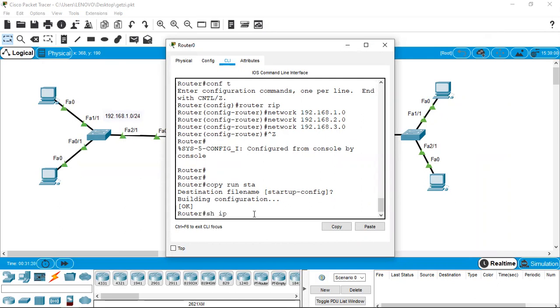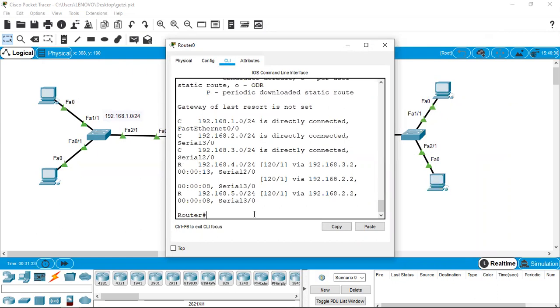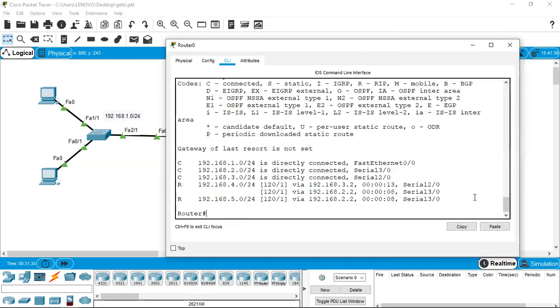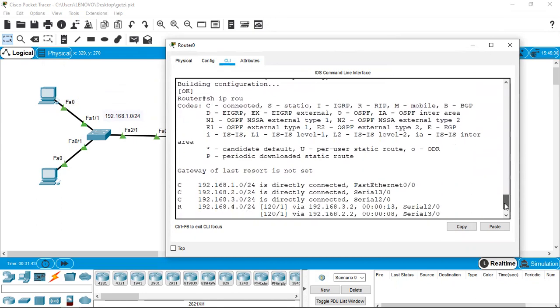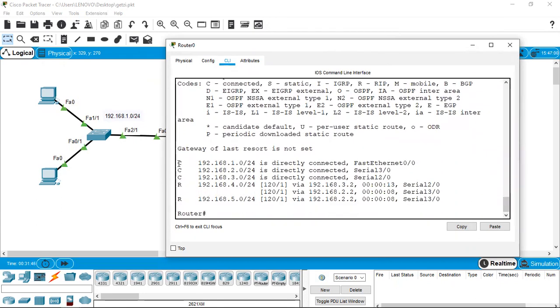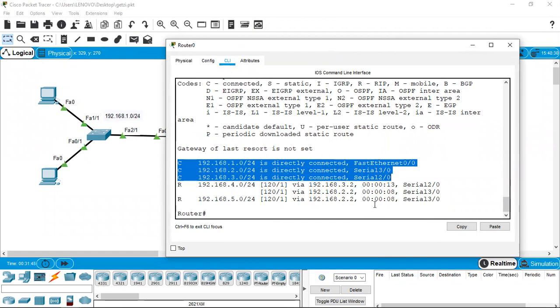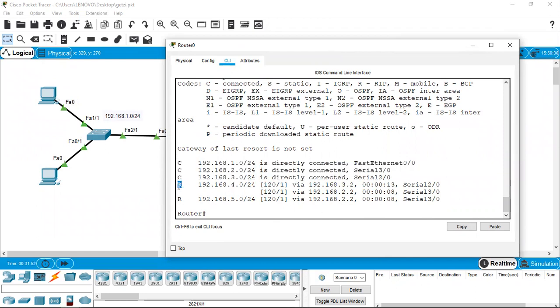Show IP route. Now you can see in this routing table, earlier it had only 3 entries. I could show you on the screen. It has got only 3 entries. Now it has got 5 entries. Those 3 already existing entries are not disturbed, but you got another 2 entries with the name R. Okay, what is this R? If you search here, it is RIP. So this indicates that these 2 routes are learned through RIP process. All right, and it also said that the administrative distance is 120 and the hop count is 1.